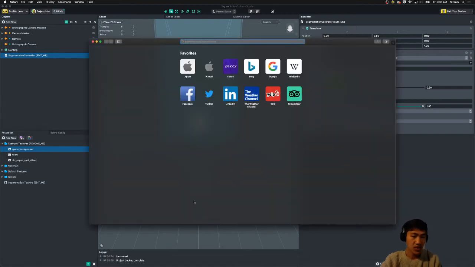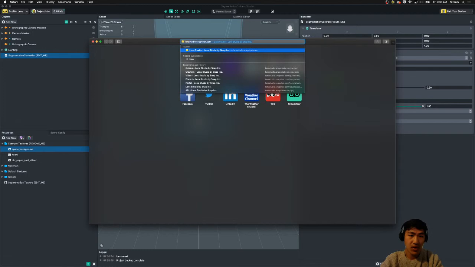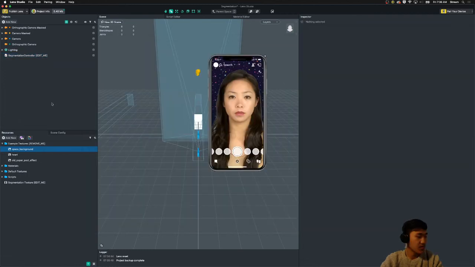John, can you show how you got into this segmentation template again? I think there's two ways, and through file. Is that true? That's a great point. So there are different ways that you can play around with Lens Studio or access the new template. So I can select File,